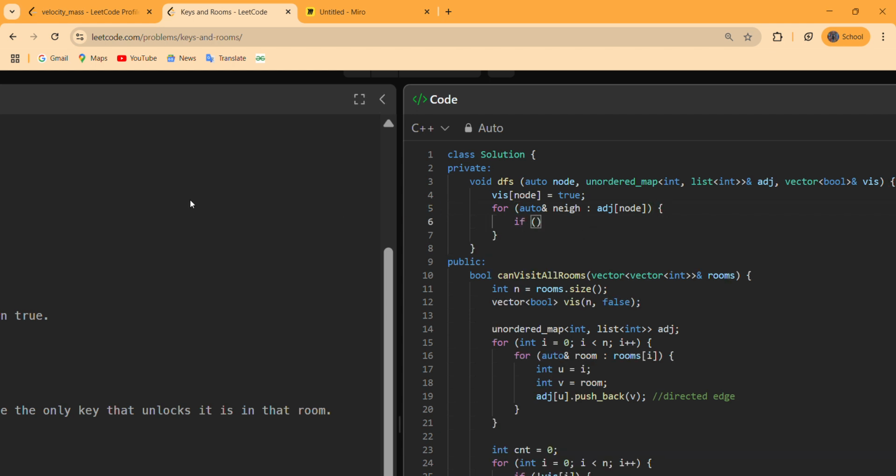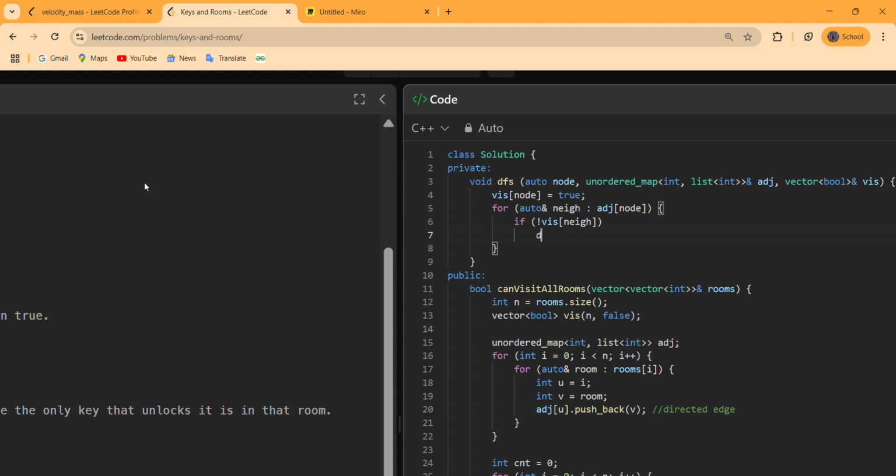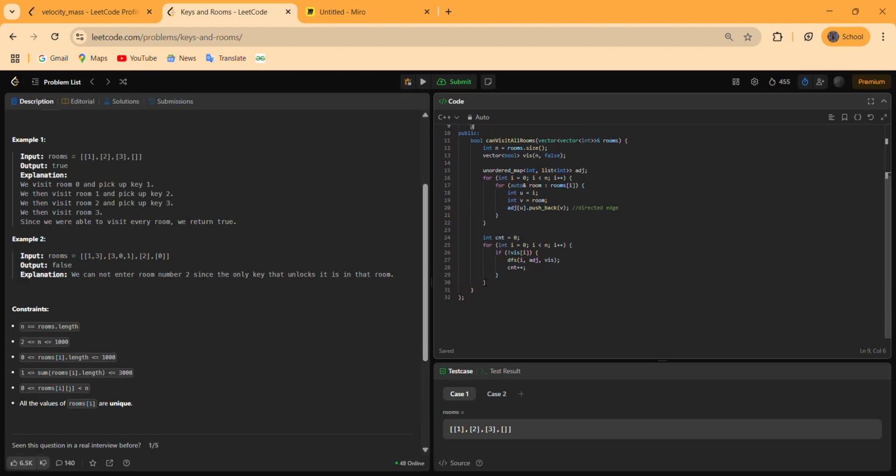We have to check if that neighbor is not visited, and if it is not visited, we have to run a DFS for that node, like this. After doing this, we just check that if this DFS is called more than one time, it will return false. If it is called for only one time, it will return true.